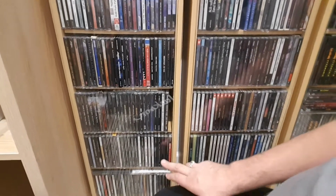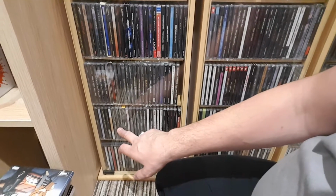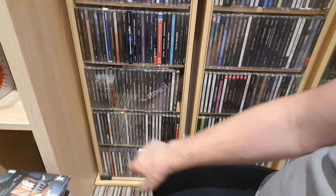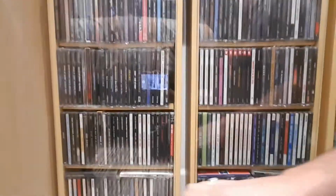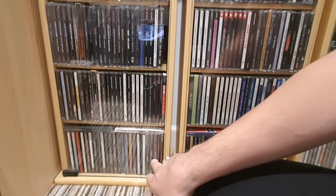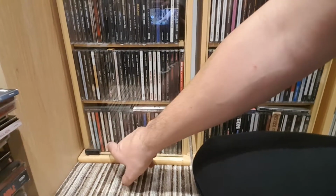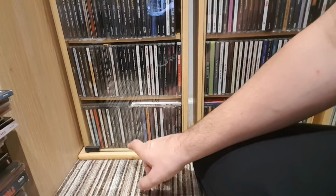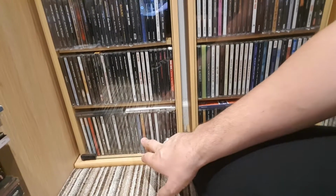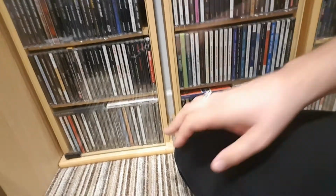Cheap Trick, Extreme, White Lion, Mike Trump, Freak of Nature, Winger, Alien again, Love Hate, Dare, Vinnie Vincent Invasion, Taiketo, what else is down there? Armoured Saint. Some of these I've only got one CD, but there's all sorts down there. Nelson, Marty Friedman, Mr. Big, Stan Bush, Bad English, Hardline, Slaughter, Tall Stories, Gary Hughes, Vixen, Lita Ford, Orianthe,